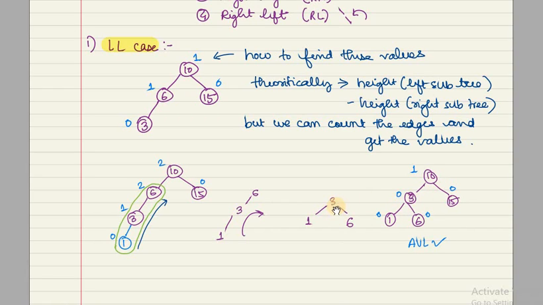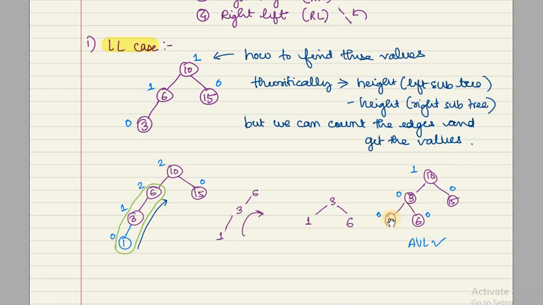Okay, because as you can see, 3 is in the lower level. So 3 is like a root here, a root for a small subtree. So what we do is we take the root of the subtree and try to join it to the place from where it was detached. All right, so once we do this rotation and try to see the values here,